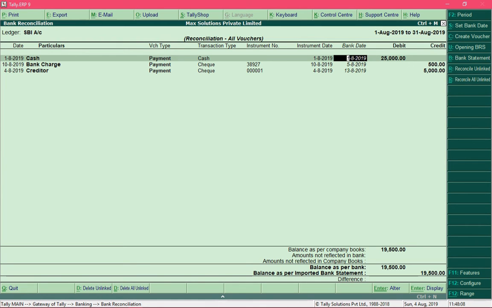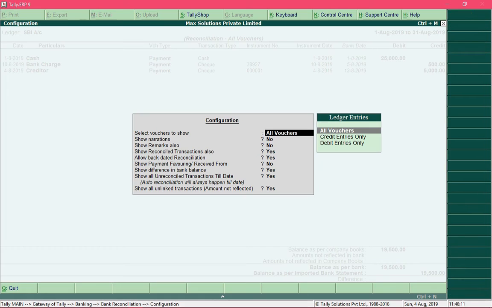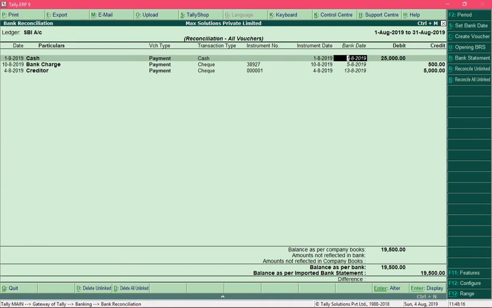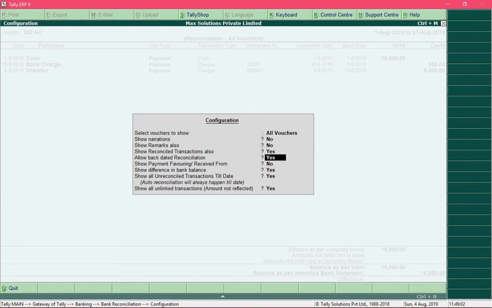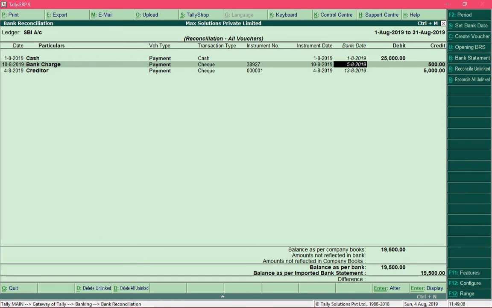So all the transactions are reconciled, and in order to view reconciled transactions, change the option show reconciled transactions to yes, and in order to accept bank dates which are lower than that of the entry's date, change the option allow backdated reconciliation to yes, and press Ctrl A. So at this point the reconciliation is successful, and you can see that Tally now shows that the balance as per company books and balance as per bank is the same, and both the amounts are matching with the balance from the imported statement.